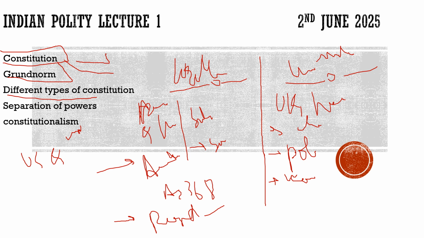And one more thing about the unwritten constitution which I would want to add here: in an unwritten constitution, parliament is the sovereign. The parliament is the supreme. If they want to change the law, they can easily change it. Otherwise, if we look at the written constitution, it is not that easy. It is the constitution which is the sovereign. In the unwritten constitution, it is the parliament which is sovereign.